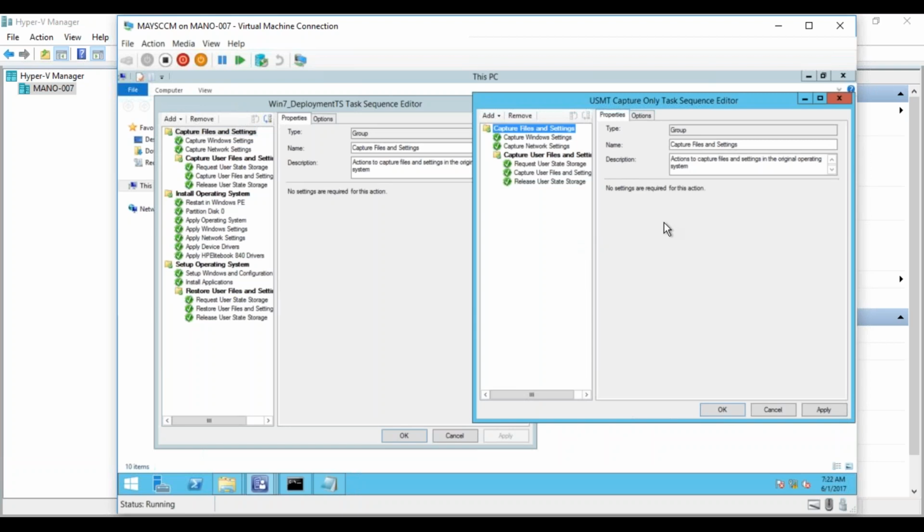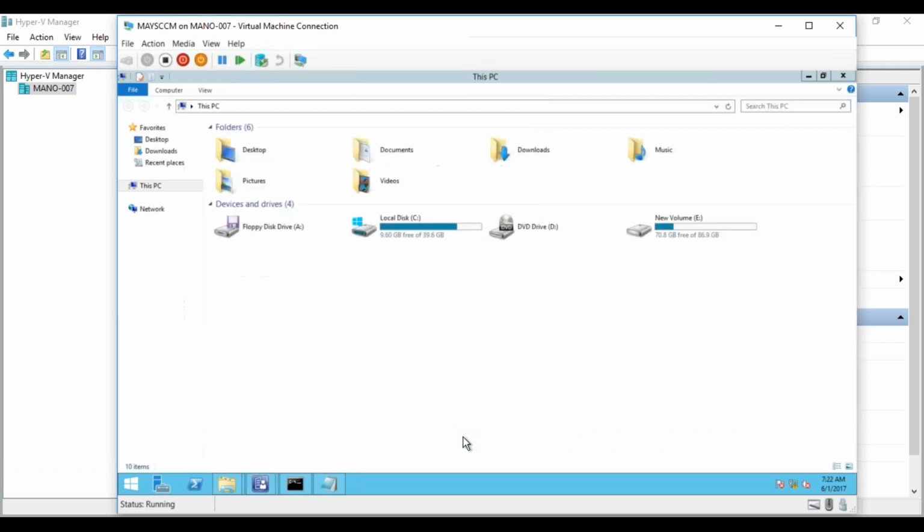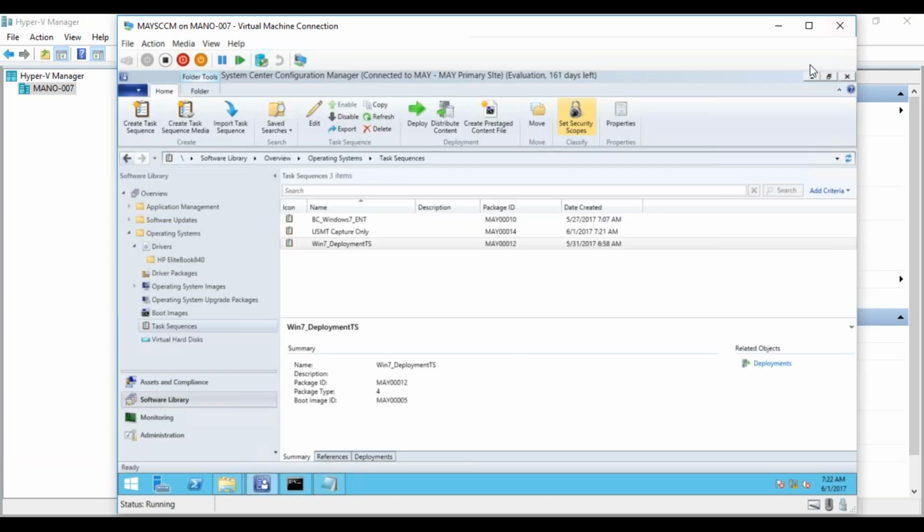What is this new task sequence doing? It is only capturing the data. That's it, right? So apply. And what will I do with this new task sequence? I'll run this new task sequence. I'll deploy it on the old computer. I'm talking about two laptops here, right? When I have two laptops, I have to run this capture only task sequence on the old computer, and on the new computer,